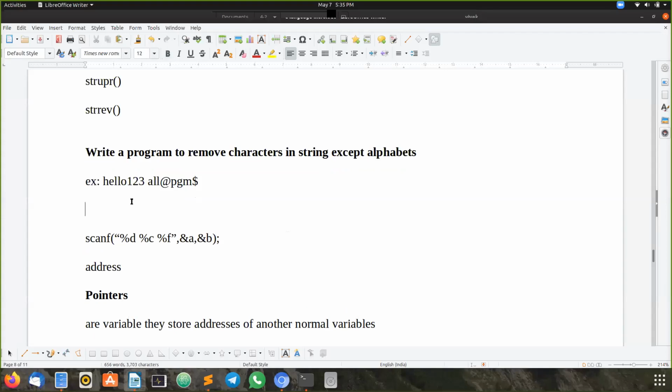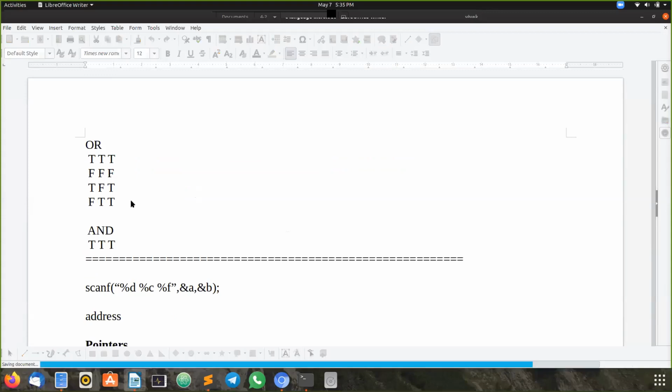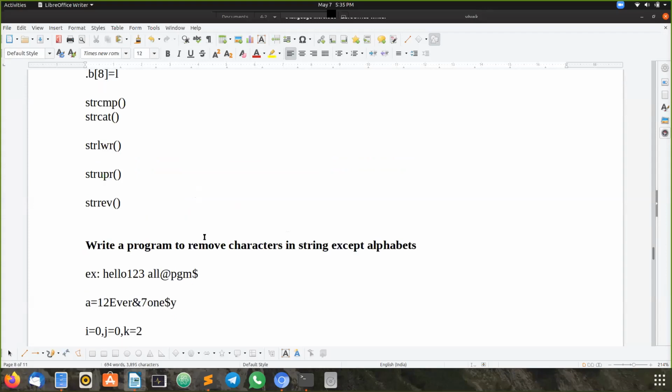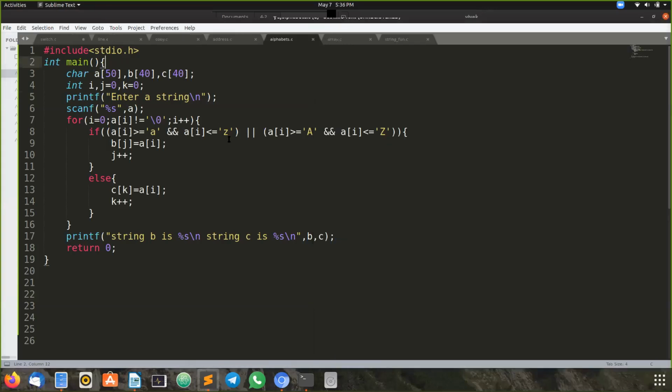So in that way you have to try. If I keep on telling the class, you could not improve the logic on your own. At least from today, you just turn on your laptops and try execution of these programs that I'm giving. You have to think on your own regarding these logics. If you have any doubts, just let me know. I can help you with the logic, because the logic part is important.